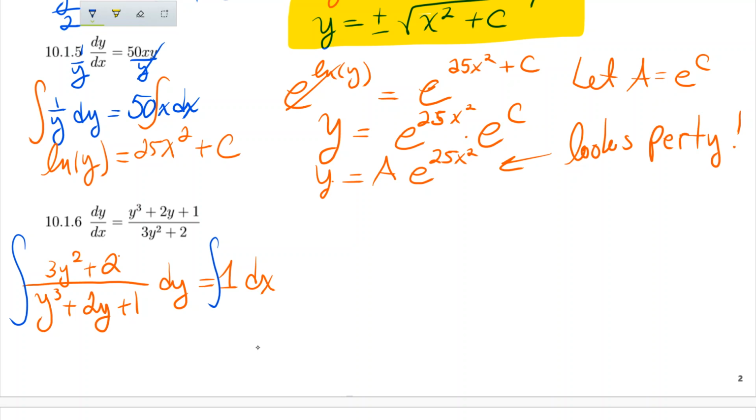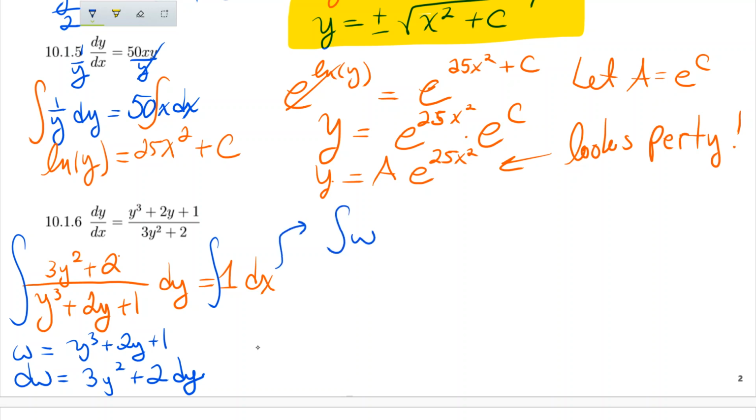I happen to have noticed that I have a cube in the denominator whose derivative appears in the numerator. So this is going to be w equals y cubed plus 2y plus 1, dw is 3y squared plus 2 dy. So when we update this, on the left-hand side, we just have the integral of 1 over w dw